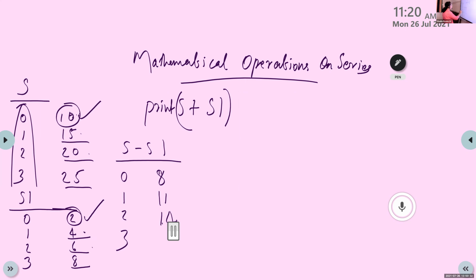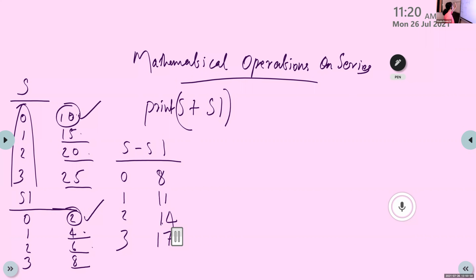Then 17. Yes, correct. 17. Okay, correct, Ashish. So, if you want to subtract one series from another series, here also first we want